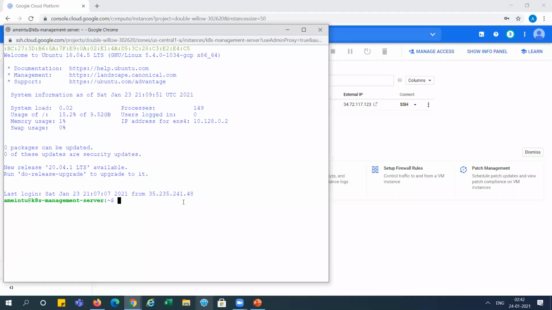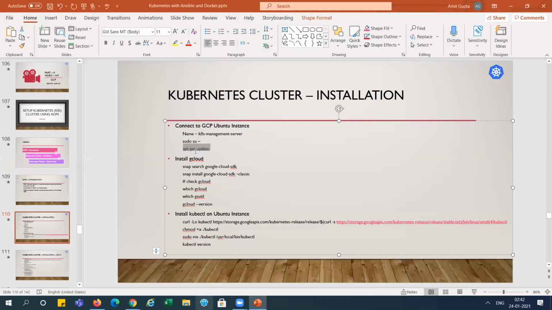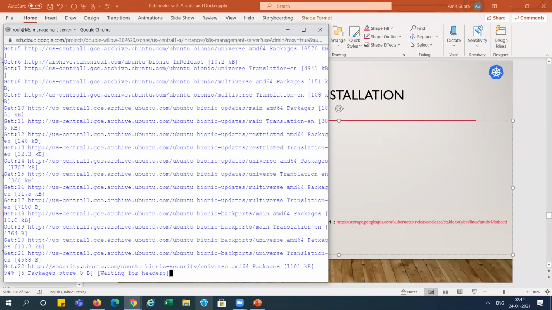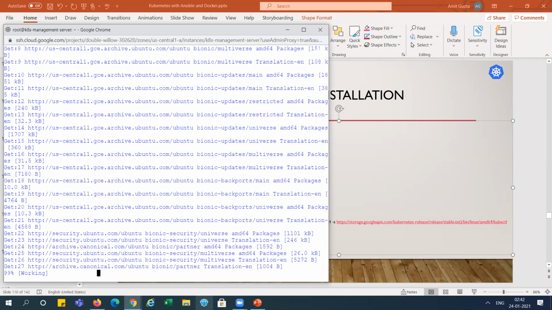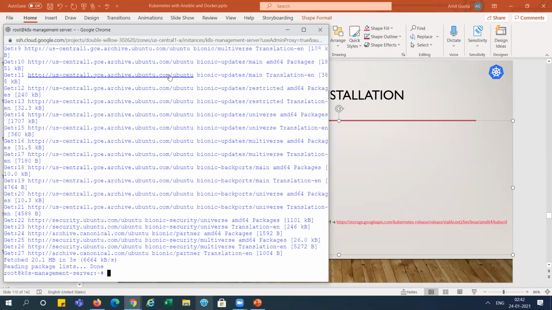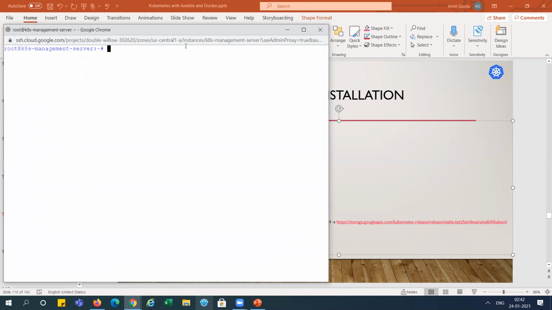Yes, you can see it is connected here. I'm taking the sudo. Now I am just running the apt update. You can see here apt-get update. Now you can see all the packages have been updated.